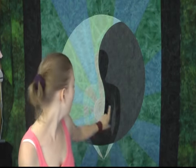It's pretty precise. The only area that I really struggled with was her hands, because you've got the black yin-yang coming down, and her hands then fit into it from the borders. And there were a lot of little itsy bitsy pieces that came together, and I think, this is just my personal opinion, but I think applique works better when all the pieces are roughly the same size. So if they're big, they're all fairly big, and they're not big and small all jumbled up together. So there were some small pieces with that hand area, and that's why I think I struggled with it